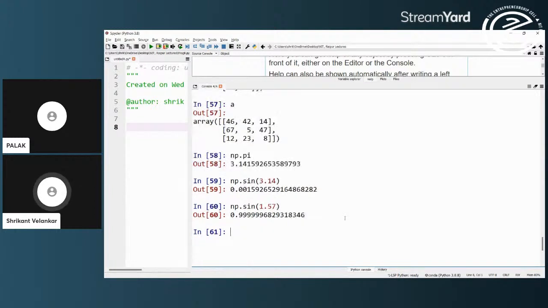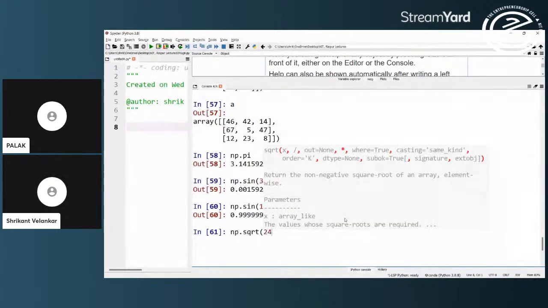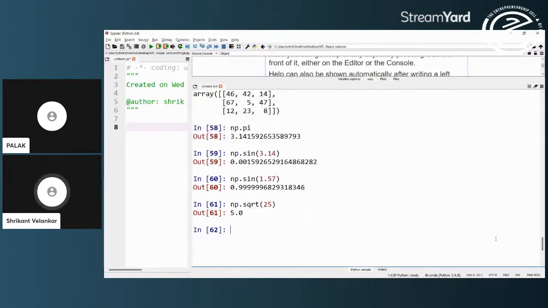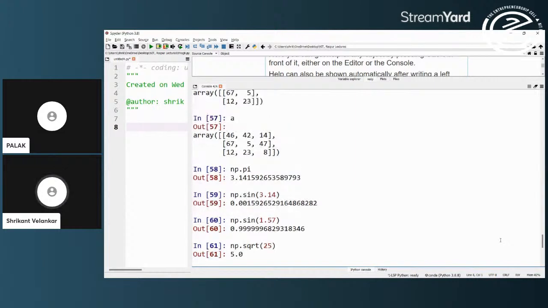So sine, cos, tan, all these trigonometric values can be calculated. So np.sqrt can be used, and it will return a square root. So the majority of the mathematical functionality is provided in NumPy.